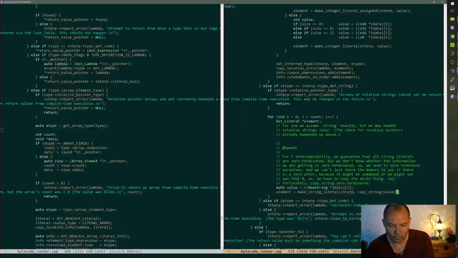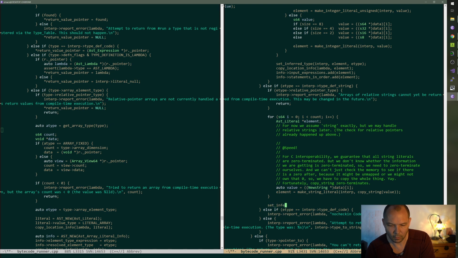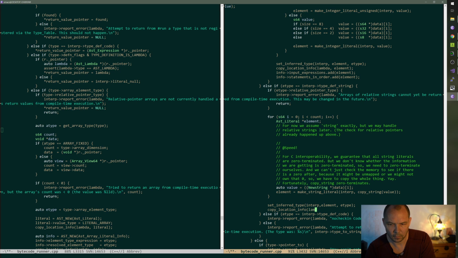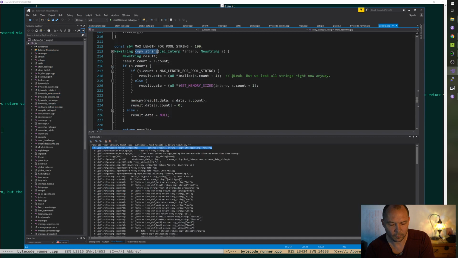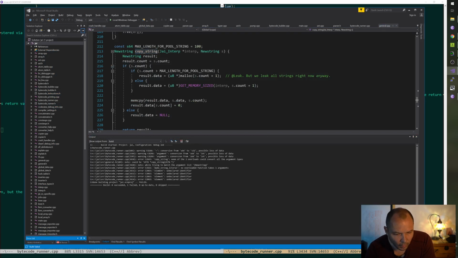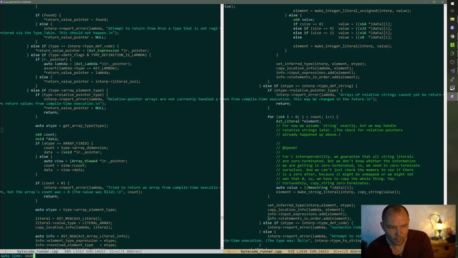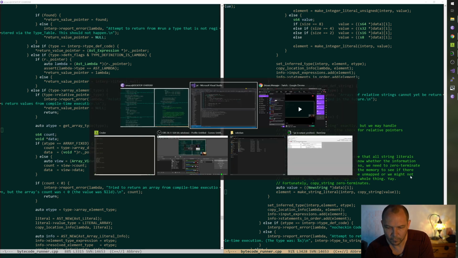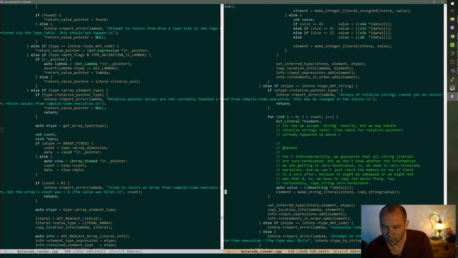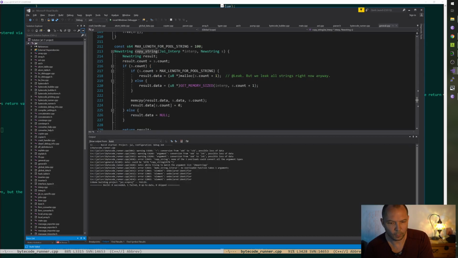All right, so we do this element, set inferred type element E type. And then we'll do this. Copy string. Really? Do I have to interp that? Yeah. Interp comma value.